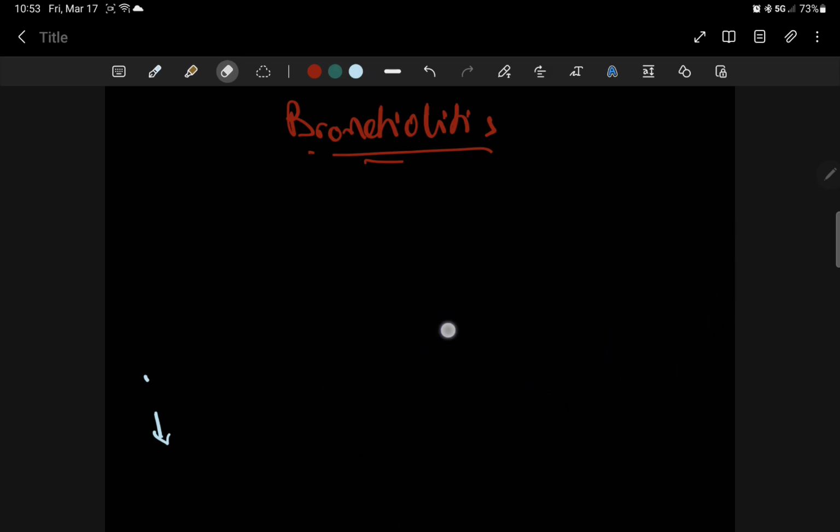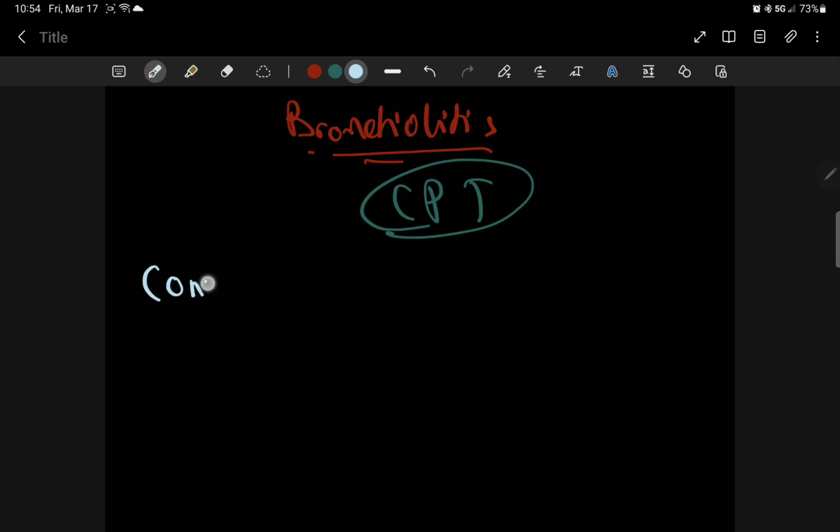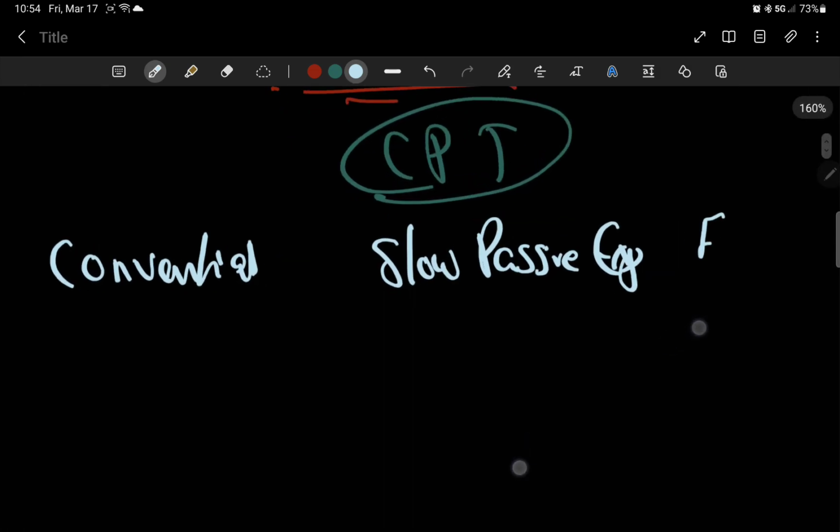Then they said, okay, what about CPT? Patients come in, we do chest physiotherapy, that helps, that moves away the gunk in the lungs, and it will improve. Okay, they said there's a conventional CPT. They said there's something called a slow passive expiratory CPT. And they said there is a forced